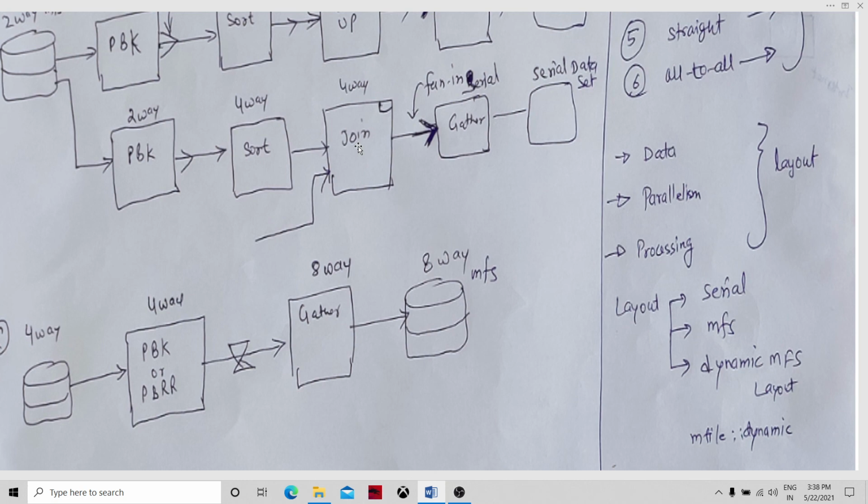So depending upon the context, we can configure the graph using our configuration so that it can run in dynamic mode, with dynamic parallelism or dynamic MFS layouts. Maybe it runs two-way today and four-way tomorrow. That is the dynamic MFS, which is a new concept.